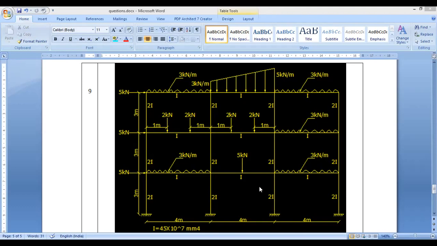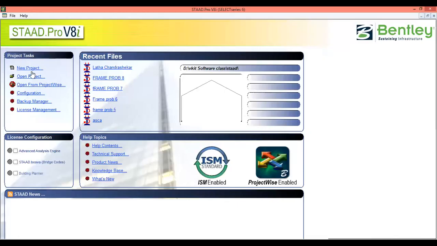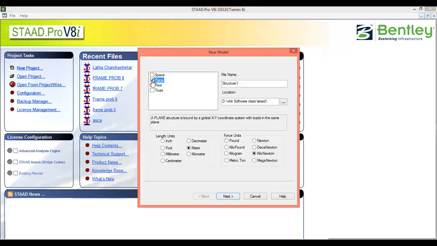We will solve this using StatPro. Let us go to StatPro. Let's open a new project. Go to new project, plane frame. Then I'll take this as frame, problem number 9. Then I have the location as usual.